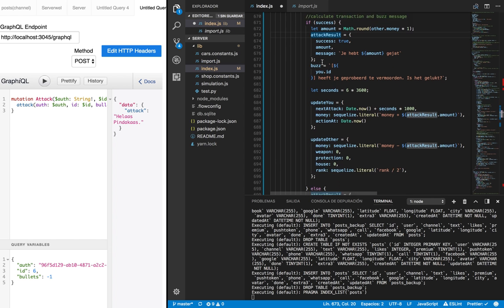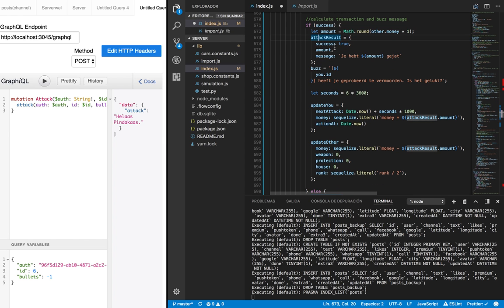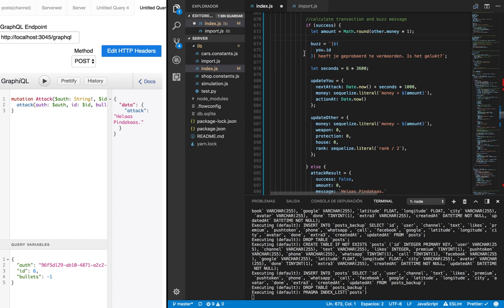And I don't really need this anymore. You can just go straight from the amount. It's a little bit big. So now if success,